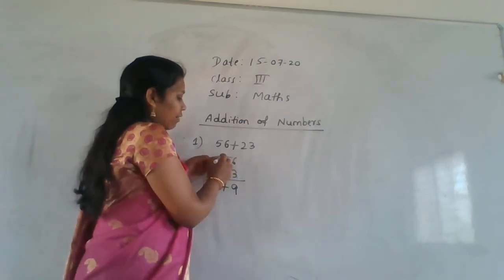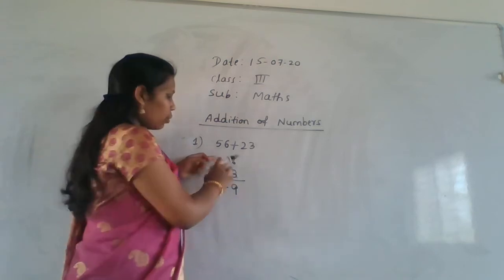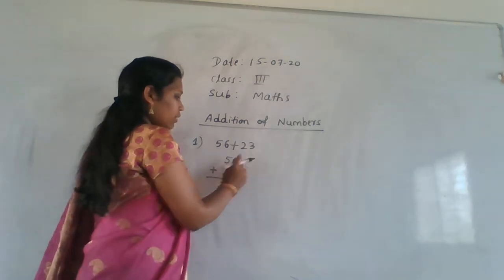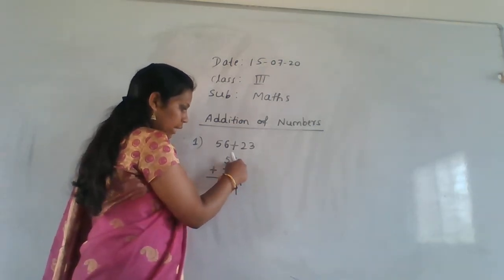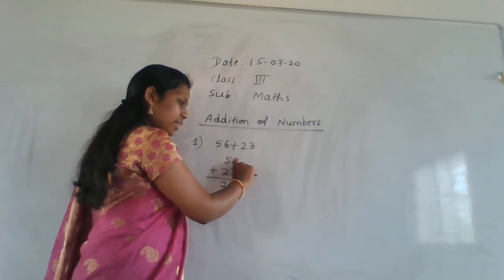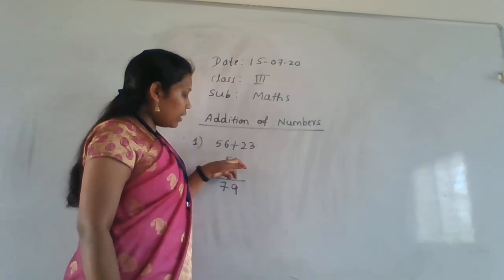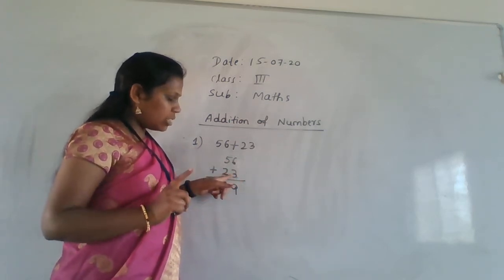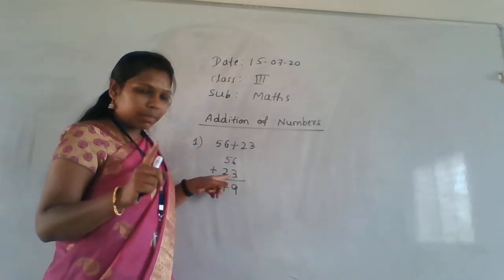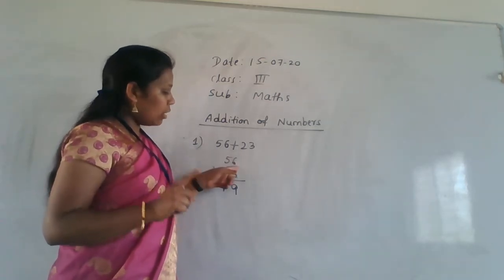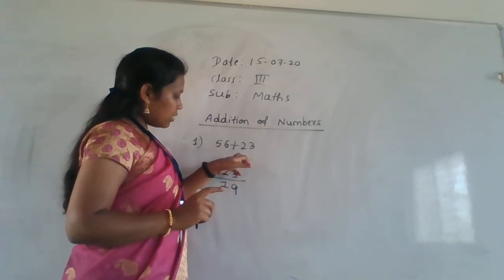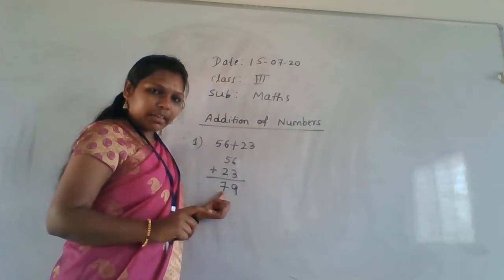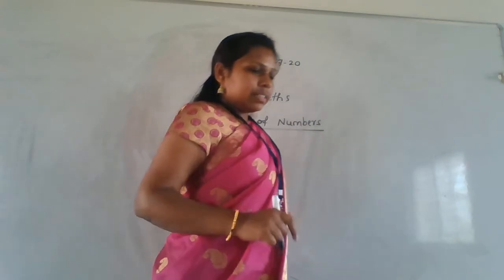Understood? And we don't add 5 and 3. Okay, don't add 5 and 3. You have to add the 6 and 3, because of the value in the ones place. In 56, what is the value in the ones place? 6. And in 23, what is the value in the ones place? The 3 is in the ones place. So you have to add only the ones place values. That means 6 plus 3 is 9. Next, 5 plus 2 is 7. Did everyone understand? Next one is